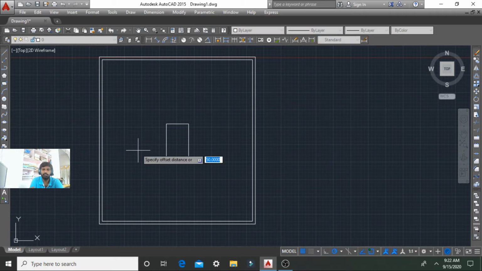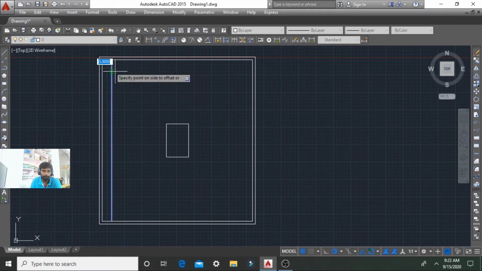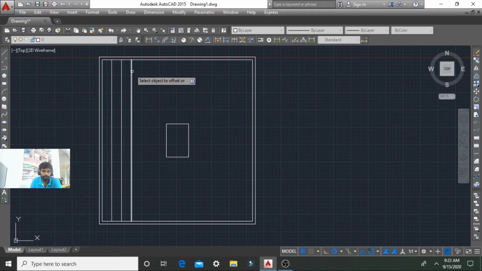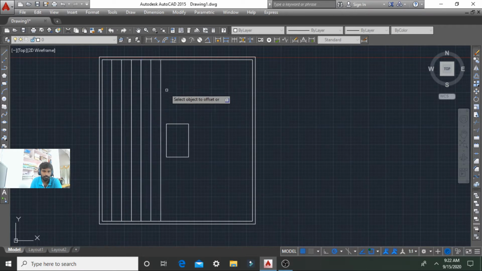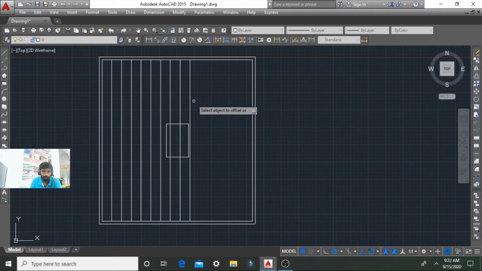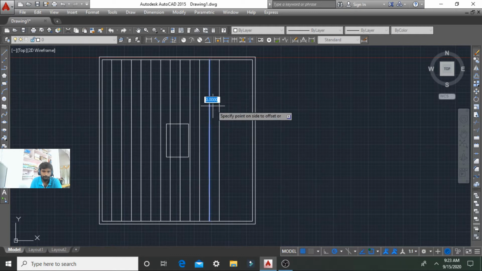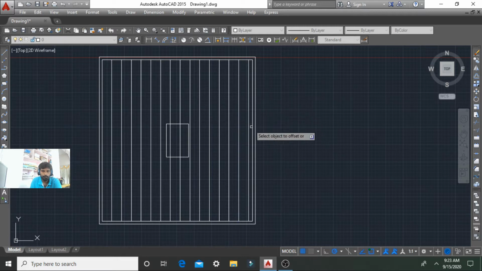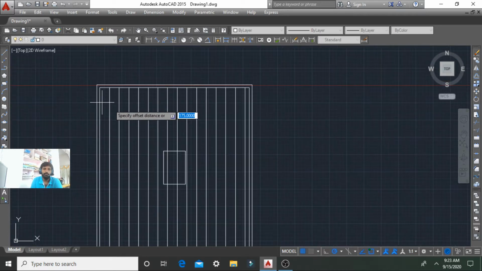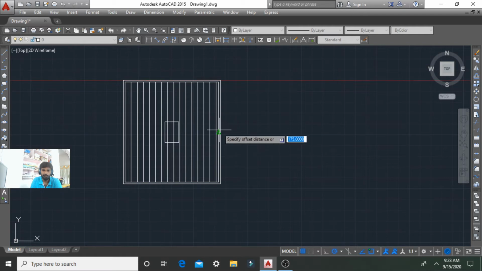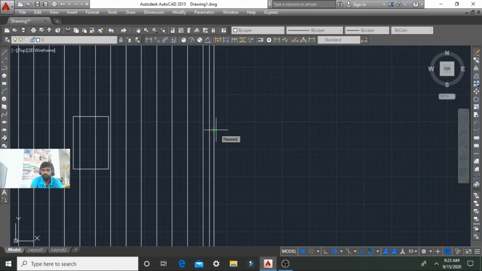So I am giving an offset of 175 mm spacing, with 16 mm diameter bars along the 2800 mm. And along the 3000 mm span we give 16 mm diameter with 175 mm spacing.